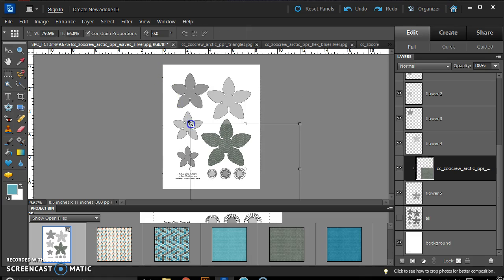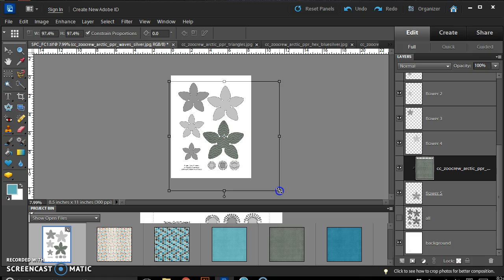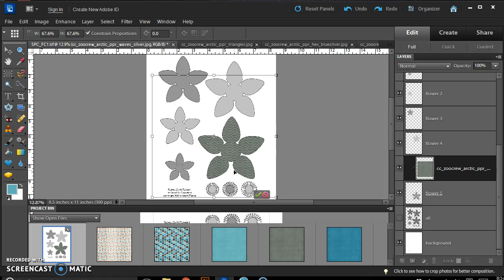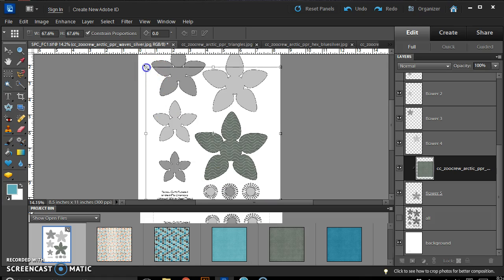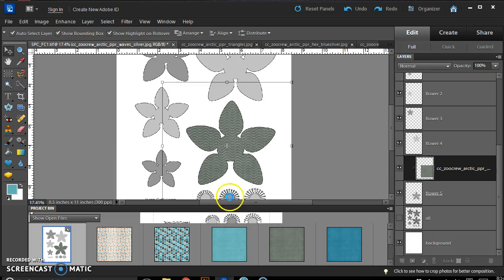And then I'm going to hold my shift key, but that was caps lock. So let's try again with the shift key. Got my layer selected, and I want a little, oh, that's right, I'm in Elements, so I guess I don't need to hold the shift key to get it to go down an even amount. Yeah, I think that looks good. So I'm going to click that,